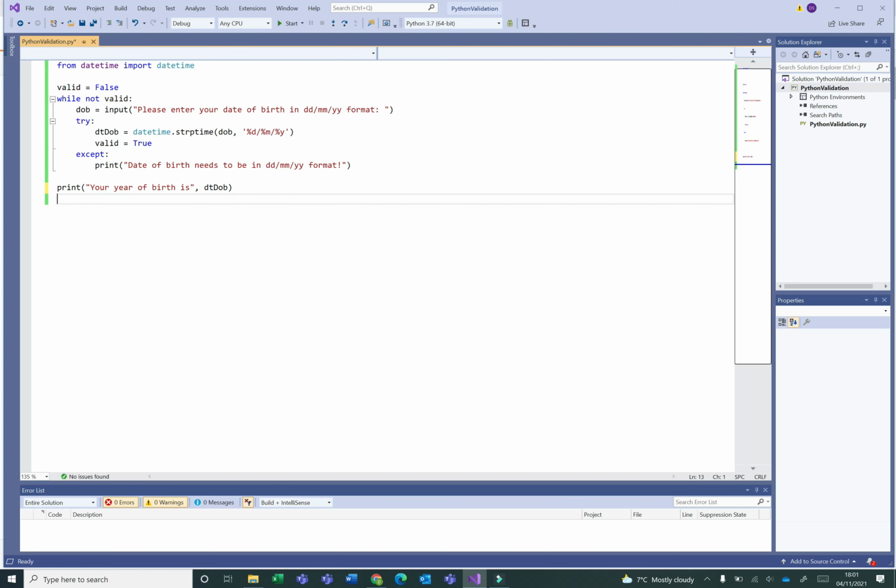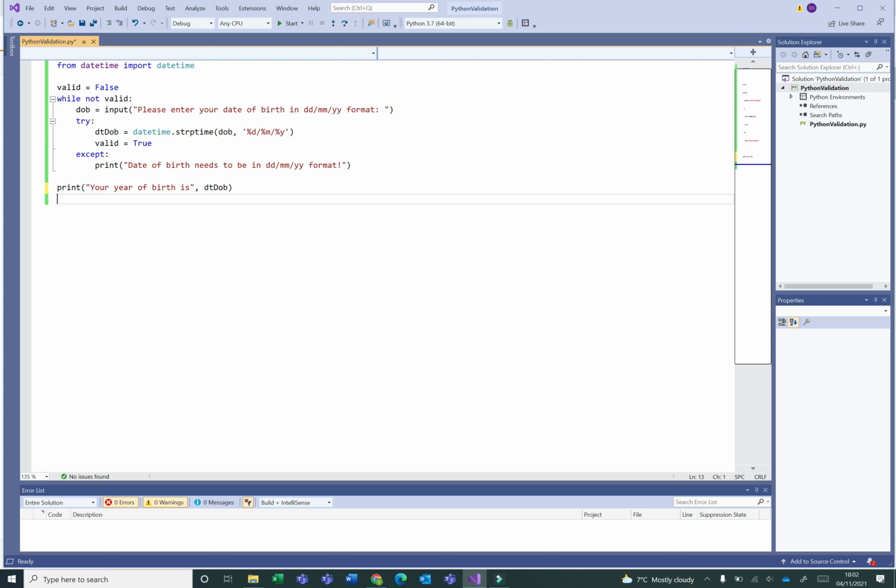If the user puts in a valid date of birth, then this try part will succeed. Valid will be set true. The except isn't run. So we go to the end of this statement, back to the top, and now valid is true. So this bit fails and the while loop ends.